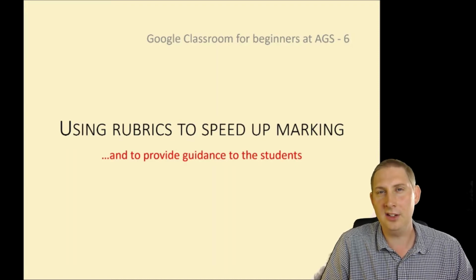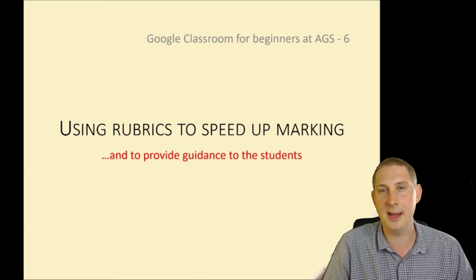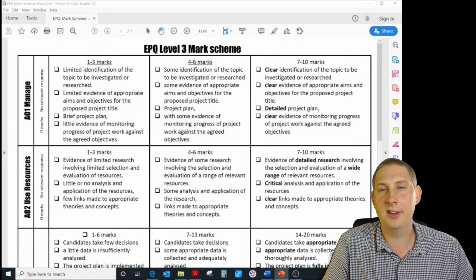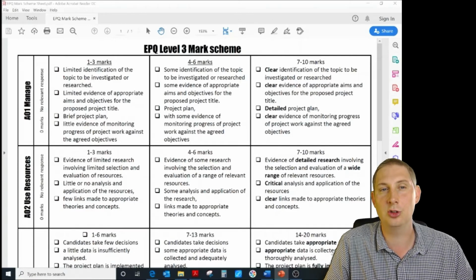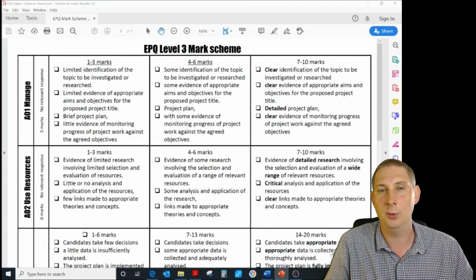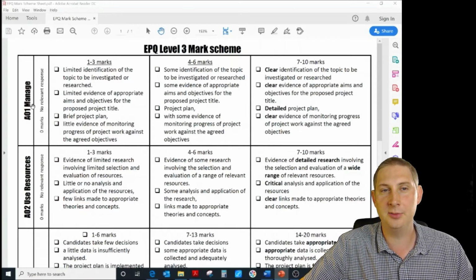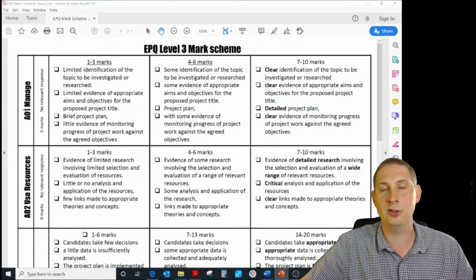But I suspect many of you are asking, what exactly is a rubric? So let me show you. This here is the rubric that we use when we're marking the extended project qualification, the EPQ, for our A-level students. And you can see down the left hand side we've got various different sections or criteria or skills which we're judging. So the first one, known as AO1, Assessment Objective 1, is whether or not the students were able